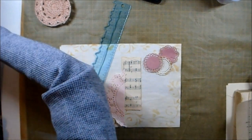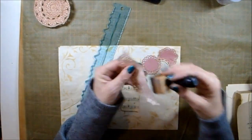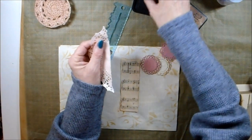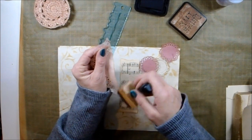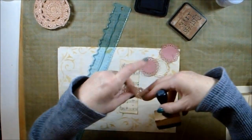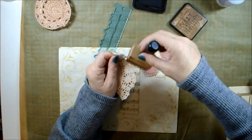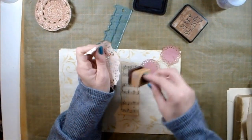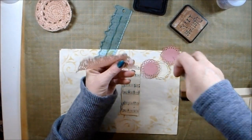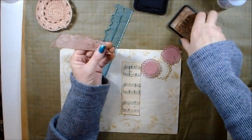And what I'm going to do, I'm just popping this bit away with the others so that it doesn't get ruined. I'm going to ink along there. And just gently, I don't want to make any more rips away from where I've already ripped. And I'll just gently, with a really wet sponge, so that I don't have to press too hard, I'm just stroking the edges really with my dobber so that I don't rip it,